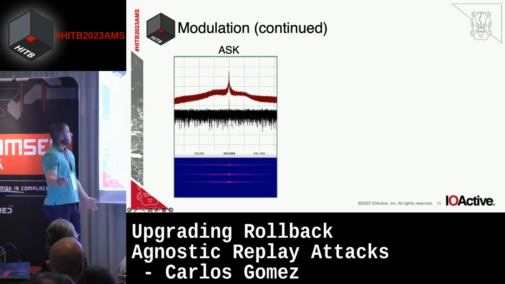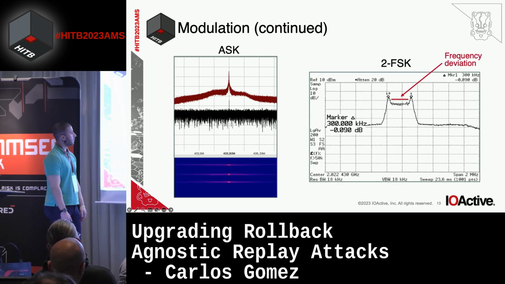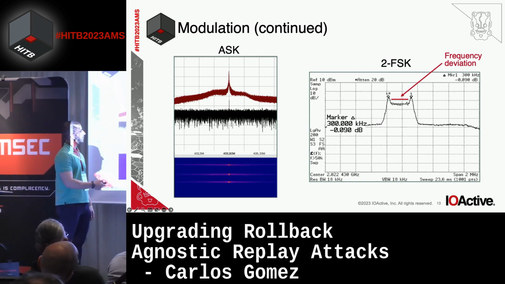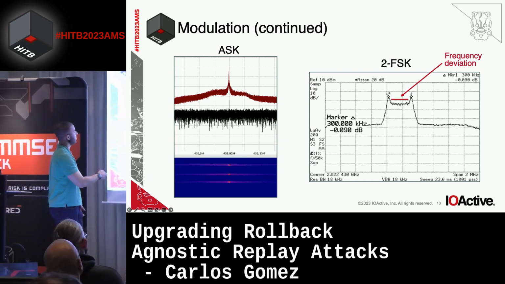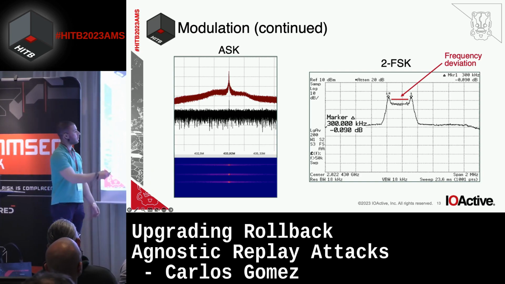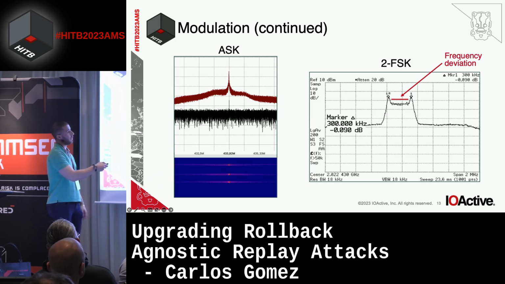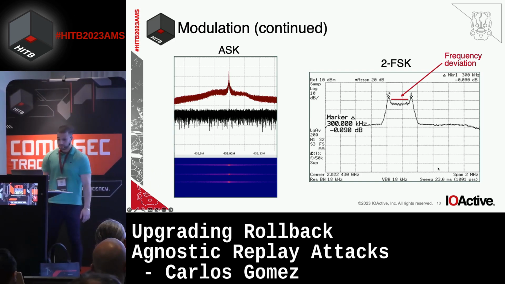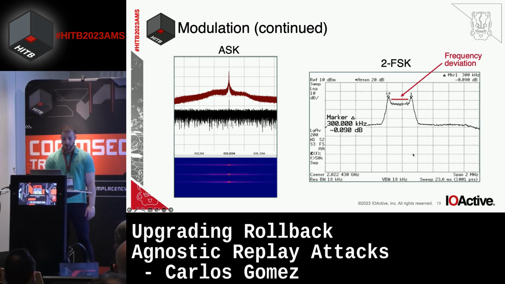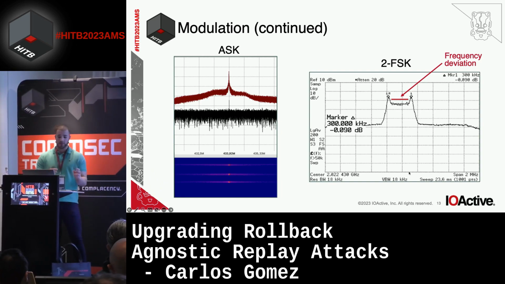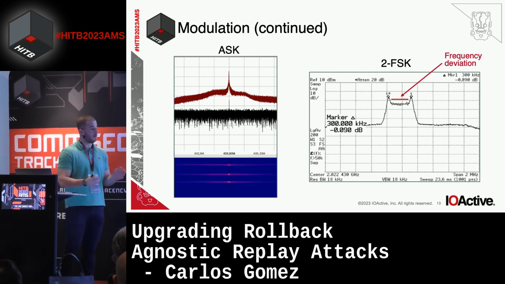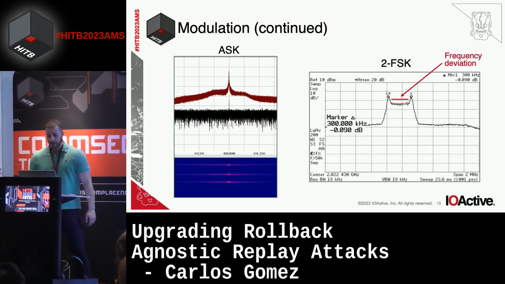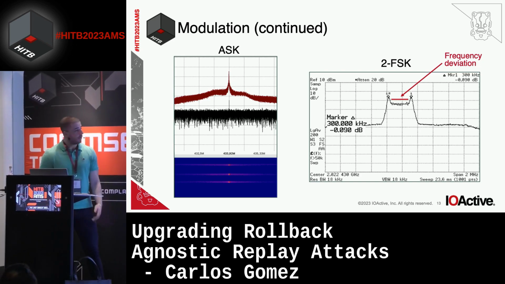And I put here two different slides, pictures about the modulation. We have here the ASK. You can see a high peak in the middle of the image, and a variation of FSK with a frequency deviation in the middle. Here you can see it has two peaks. This is an example of how the signal is transmitted in the air,